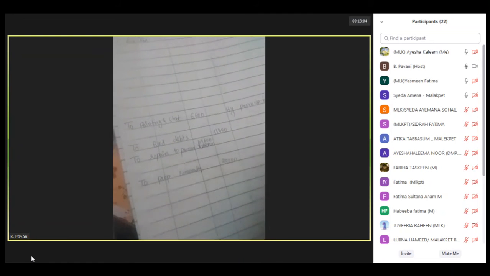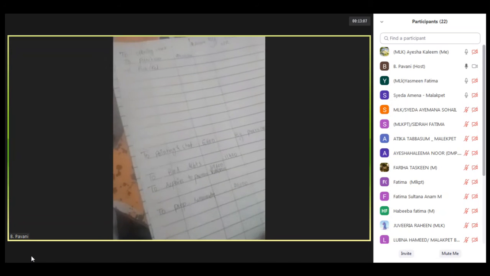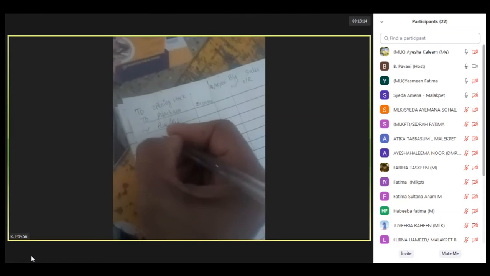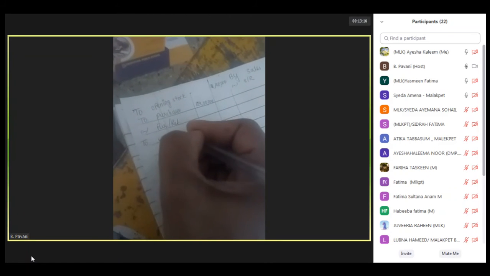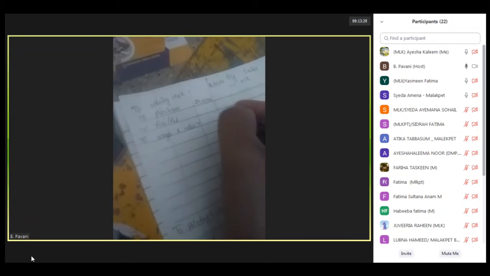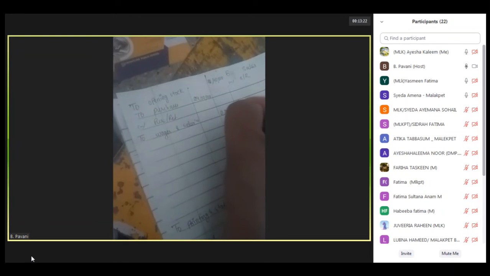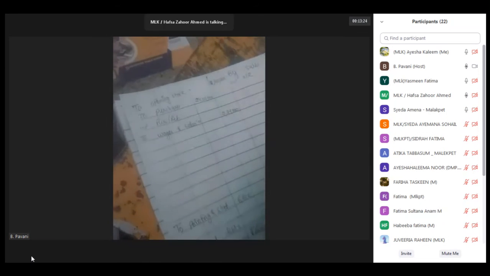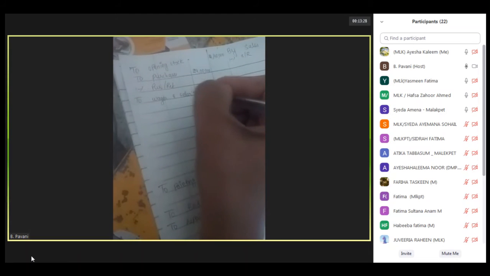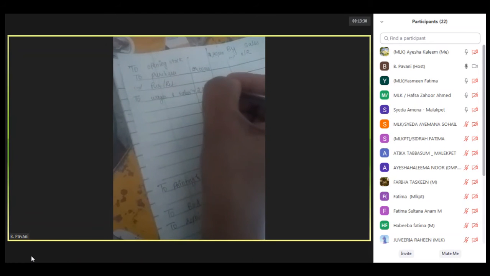The next, they have given the wages and salaries. Yesterday I said, wages and salaries, where do we have to take them? Trading account debit side. To wages and salaries, there is no adjustment for this, so I'm directly taking the amount in the outer column. 2,29,000. Is there any doubt? Yes, ma'am. Okay.